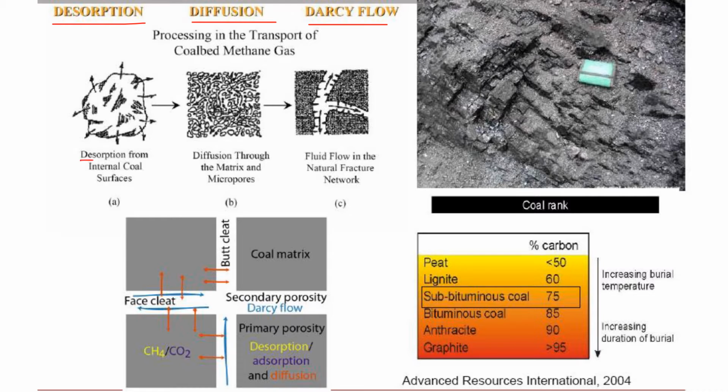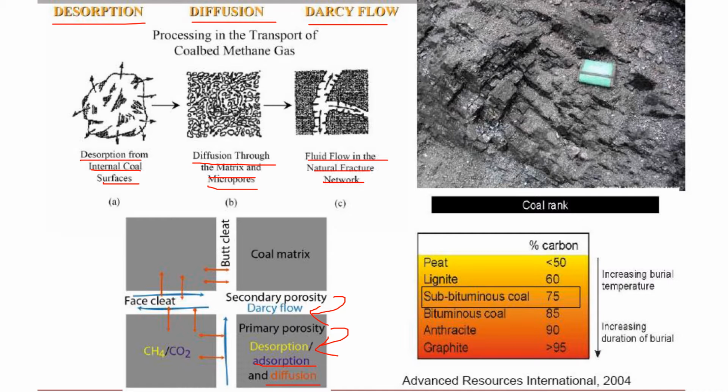So desorption from coal internal surfaces, then diffusion through the matrix and micropores, then fluid flow in the natural fracture network. So we have dual porosity. So in primary porosity, desorption, adsorption and diffusion happen. So in secondary porosity we have Darcy flow. So when gas starts producing completely, then we have Darcy flow, but until then we have desorption, adsorption and diffusion